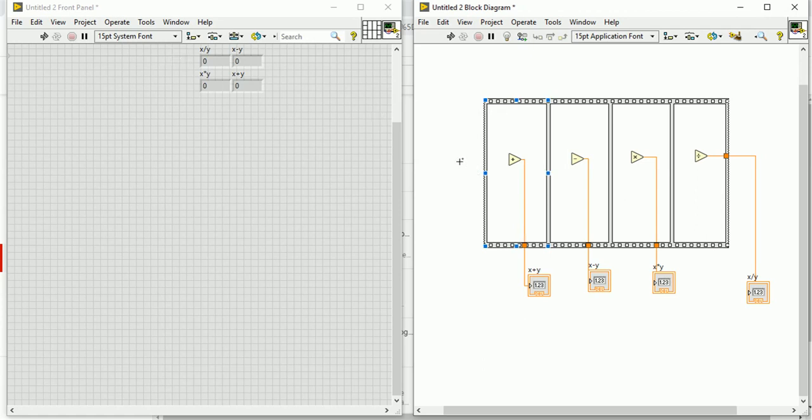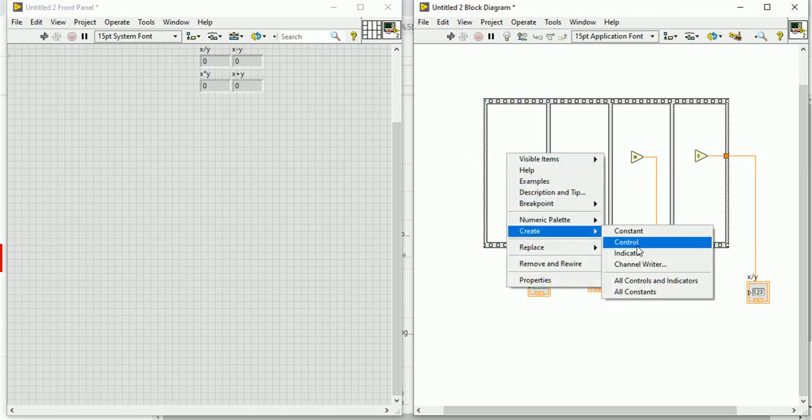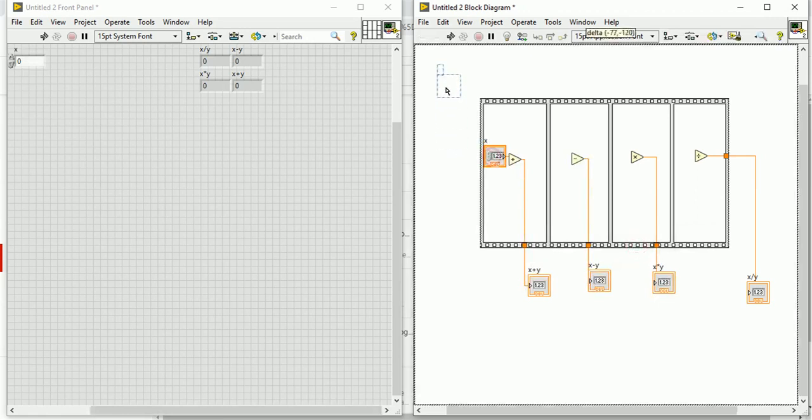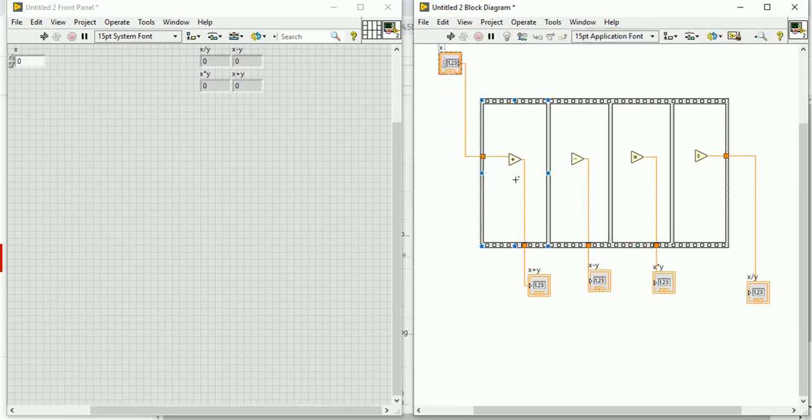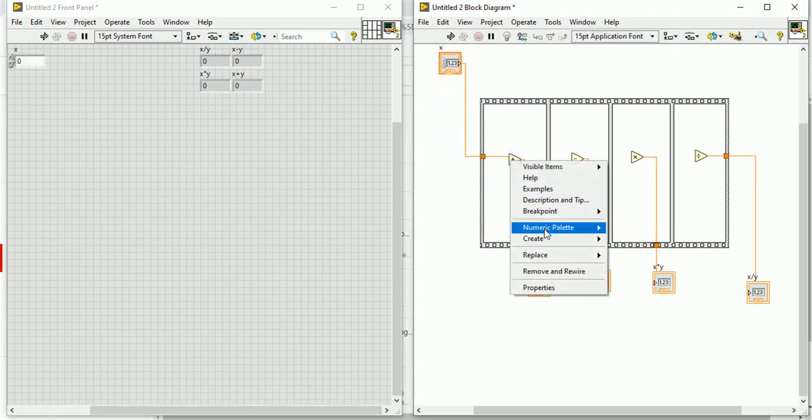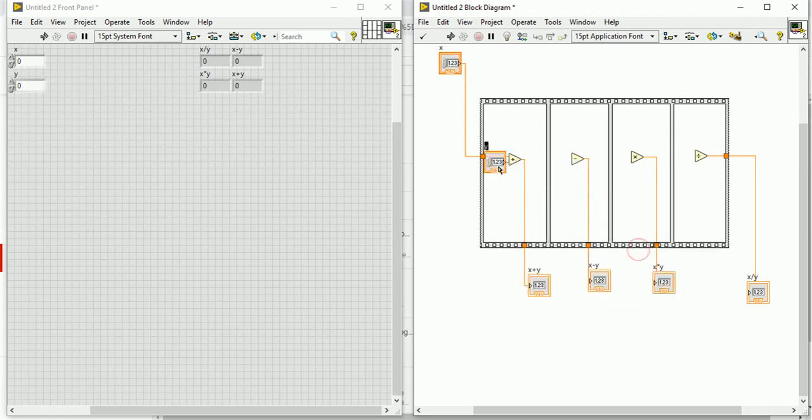Now you have to create the inputs. Okay, so create some control so that you can control, and here also create control. So now you also got two inputs. Okay, so similarly for these three operations as well, you have to connect with x and y.